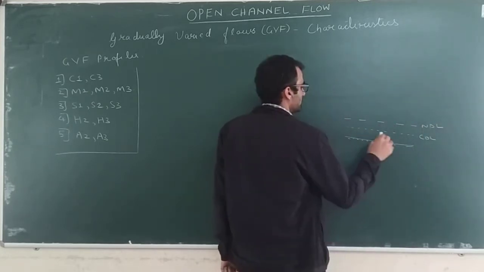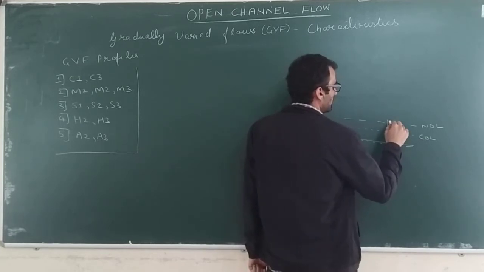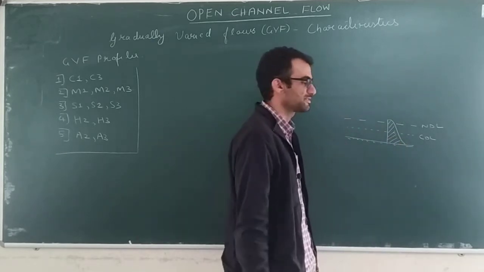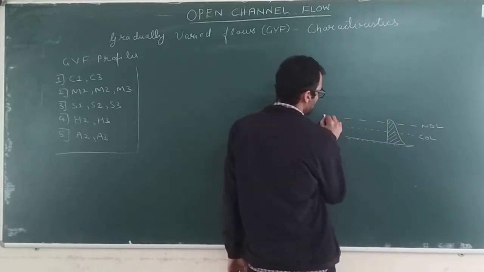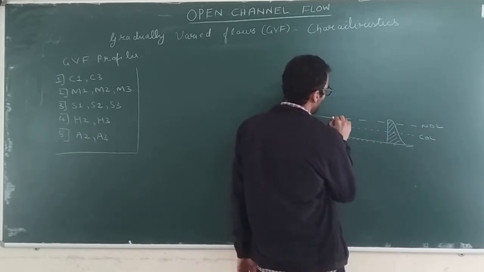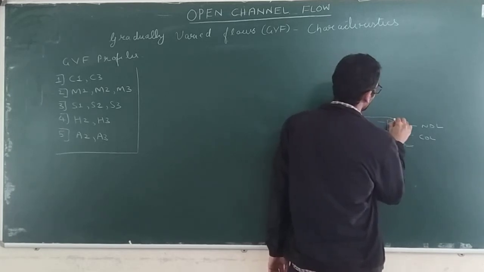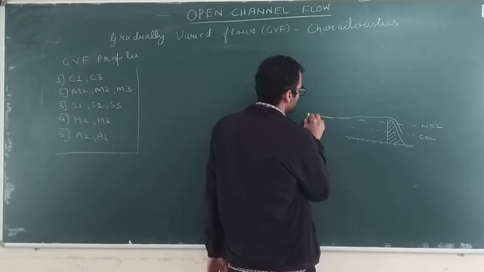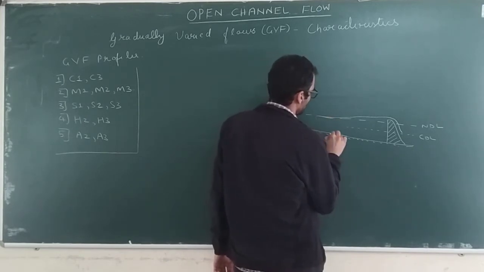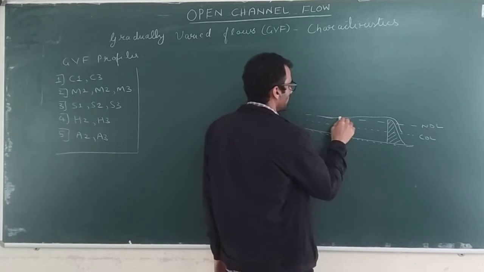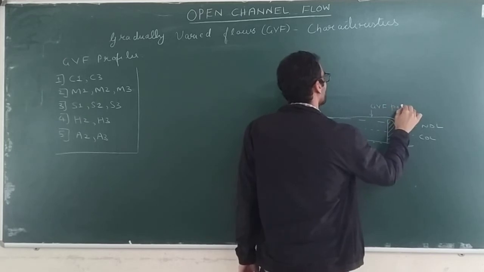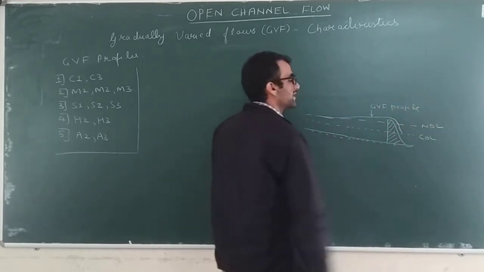This we already know. Suppose you place a weir on such a mild slope. Now of course flow will take place at normal depth. So flow is taking place like this, but because of the weir, the flow depth will change slowly like this, and it will flow over the spillway. So you are going to get a GVF profile. Now the first job is to identify and classify this.